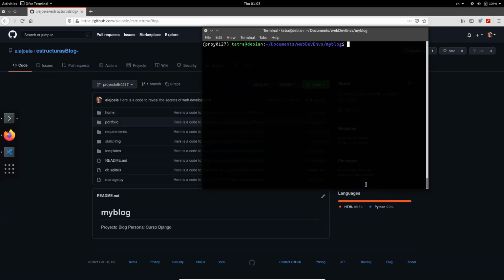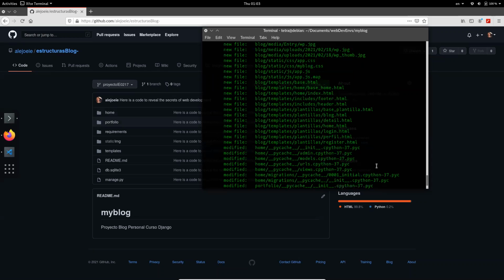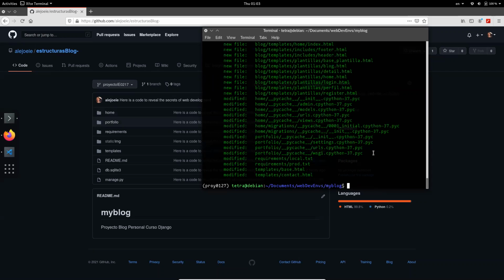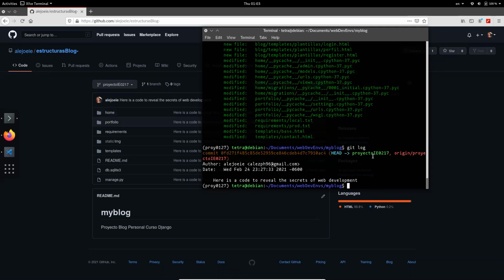Let's wait a little bit, and again, if we type git status, it will show all these files that are already staged or added to my GitHub log. So if I type git log, the author is me, and that's the first commit. Let's create another commit. So git commit